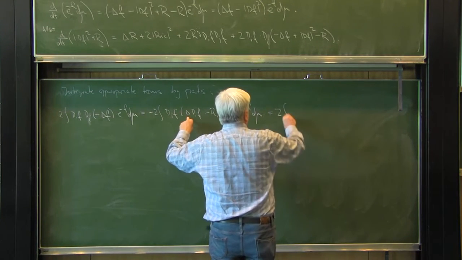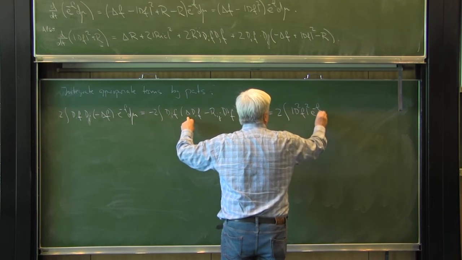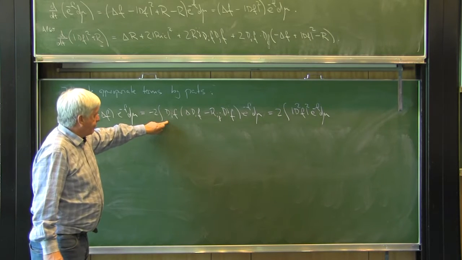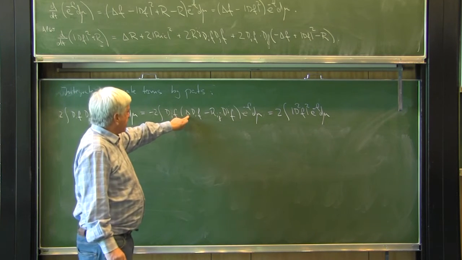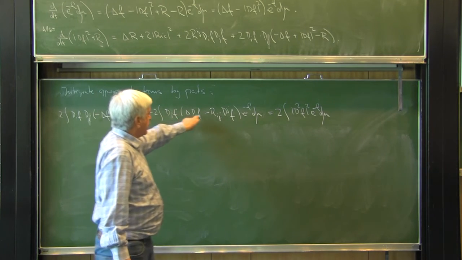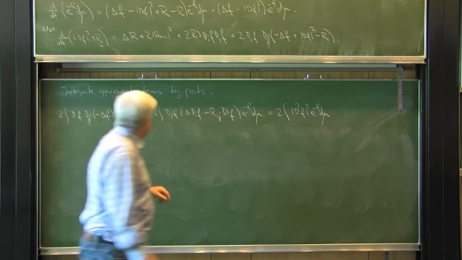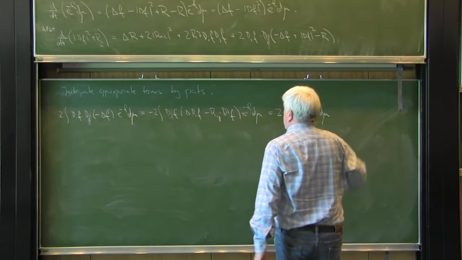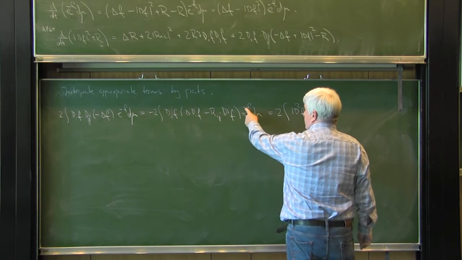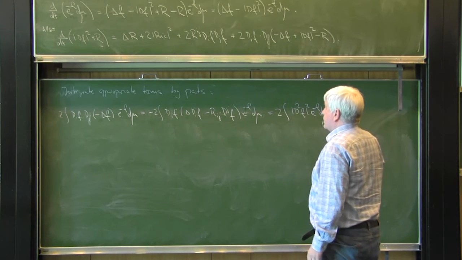So this gives you a plus 2 times the Hessian of f squared e to the minus f dμ. But you have to be careful, there's one derivative also going onto the minus f, so you get another term which gives you one minus sign from the integration by parts, one minus sign from the minus f, so you're left with a minus sign